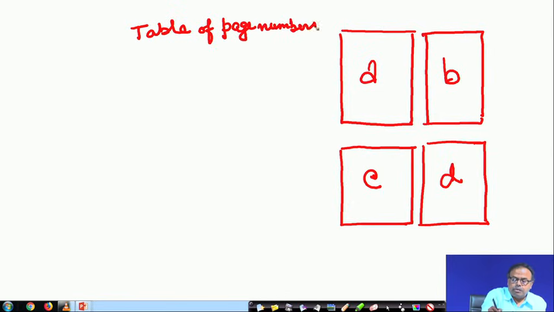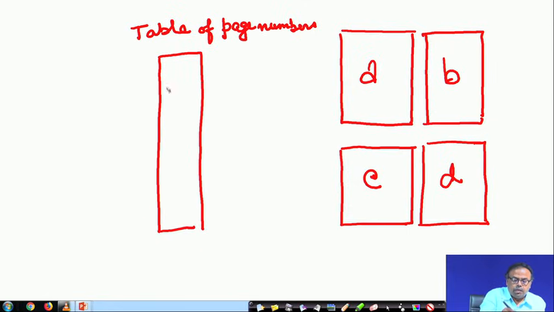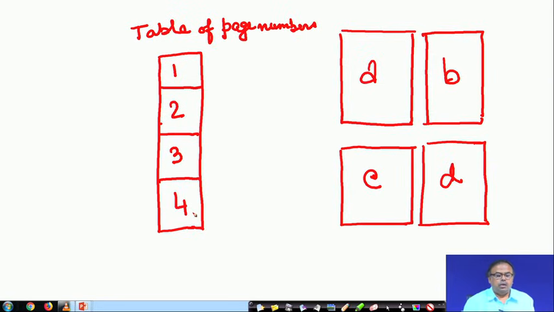Table of page numbers. So, I have got 4 pages. The pages are 1, 2, 3, 4. Now, suppose I just want to come to this page number.